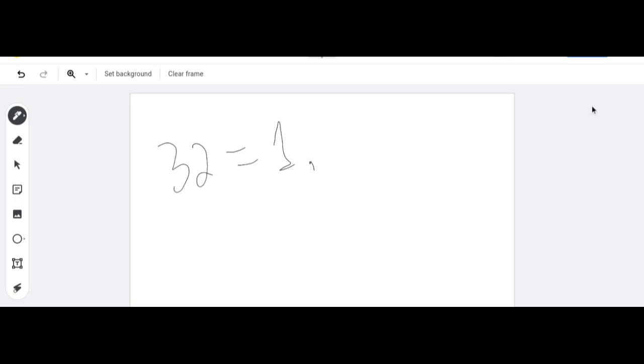We have to start from the smallest, the 2. 16 plus 16 is 32. 16 is the biggest value, no? So we have to start from 2, 4, 8 and 16. 16 2s are 32, and 2 16s are 32. Then 16, then 32. So these are all the multiples of 32.